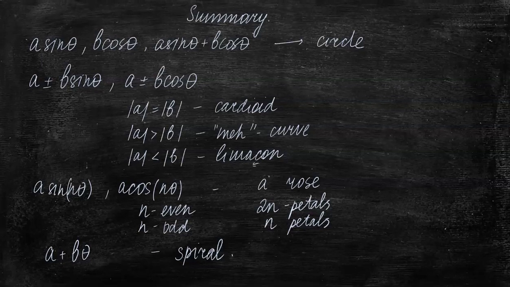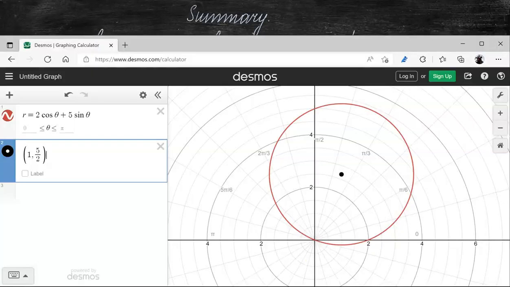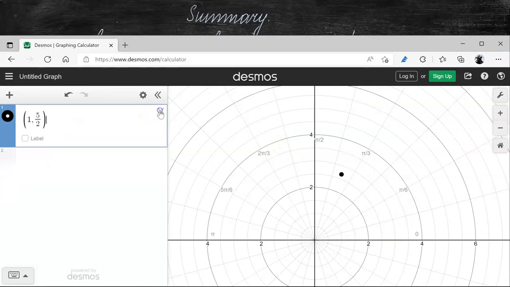So curves in polar coordinates, the ones that have nice equations in polar coordinates may not have nice equations in Cartesian coordinate system, and vice versa. So what used to be a nice straight line y equals mx plus b doesn't have a nice form in polar coordinates. But here's, let me show you the difference between the